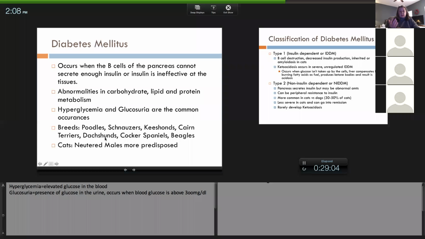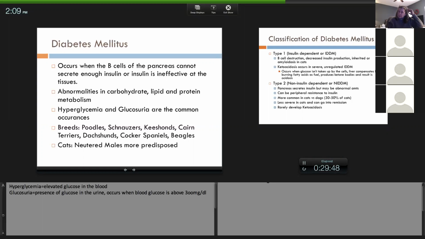There are definite breeds that scream diabetes. If I was playing a game like Family Feud and they asked, number one breed for diabetes, I'd hit that table and go, schnauzers. I feel like I could probably list 100 patients I saw over the years. I'm just kidding. But schnauzers are definitely predisposed, and so are poodles. We don't see a lot of Keeshonds anymore, but you can have Keeshonds, Cairn Terriers, Cocker Spaniels. In my practice in Chicago, I feel like we saw a bazillion Cocker Spaniels that were diabetic, and Beagles.